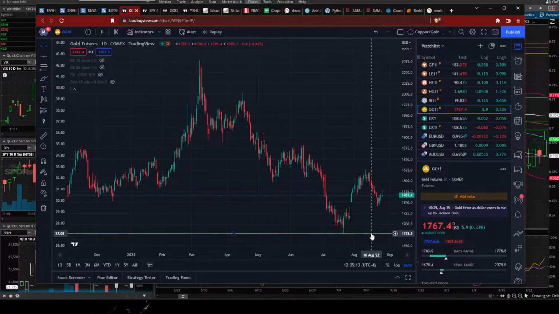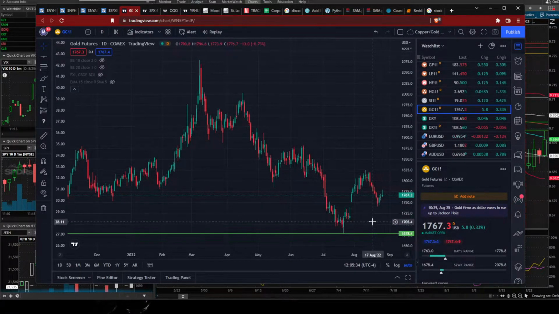Gold, I still am going to go long at 1680 or so. It's just a temporary pop that I'm playing. I'm not like some gold bug or anything. Somebody called me a gold bug on Discord today, somebody who I feel is very smart themselves, very reasonable. So I don't know what to make of that, but I'm not a gold bug.